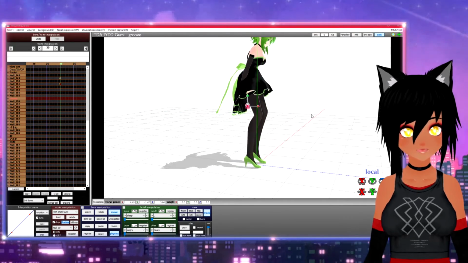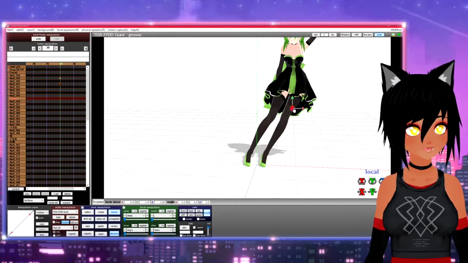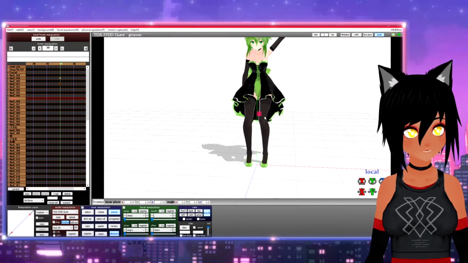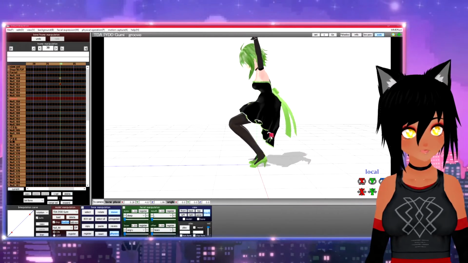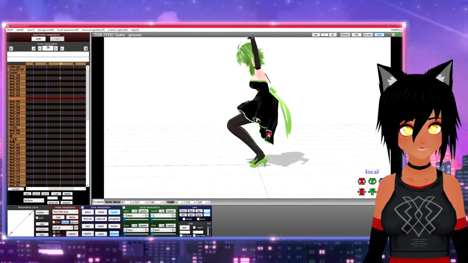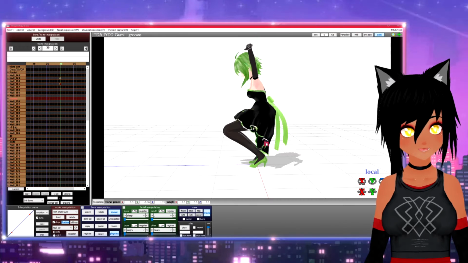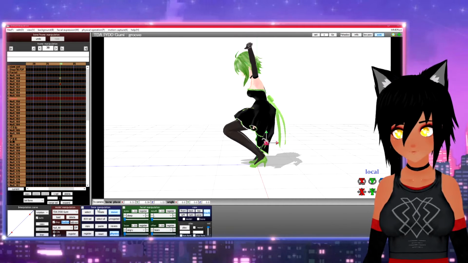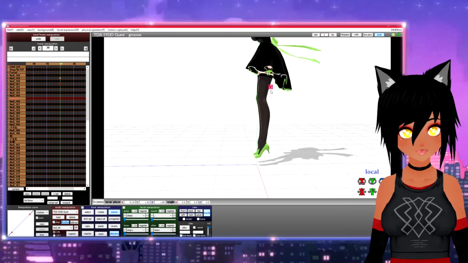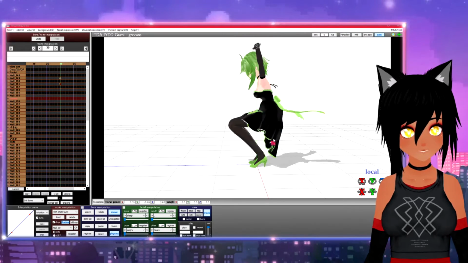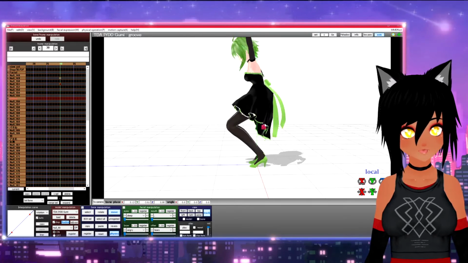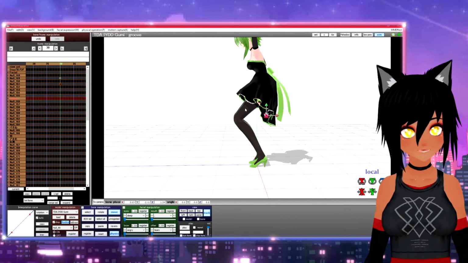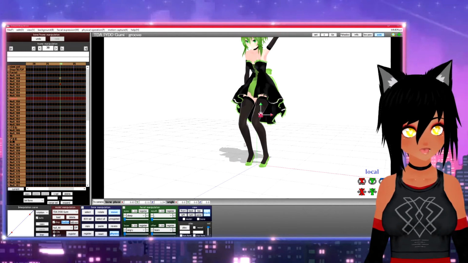So you can use it to jump. If you want to make her jump, you don't actually have to animate all the legs going down because it'll kind of automatically push the legs down. So if you wanted to animate her jumping in the air, you could just come down here and register, and then come up here and register that, and she would be doing this motion.